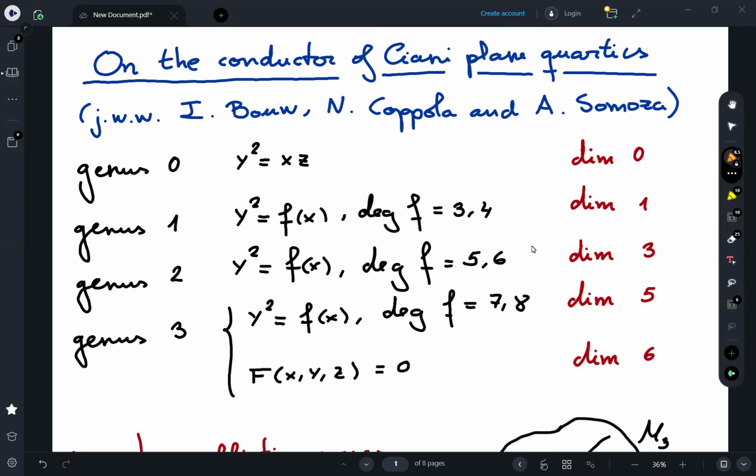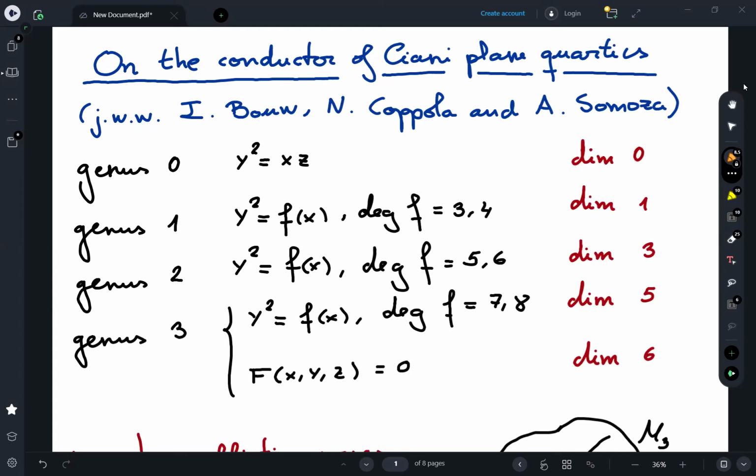Maybe some of you are not familiar with the conductor of a curve or the Jacobian of a curve, or you don't know what a Ciani plane quartic is. So I really want to do an easy motivation. I'll give all the definitions, what a conductor is, and I'll try to motivate why Ciani plane quartics are important. In order to do that, let me start with the classification of curves